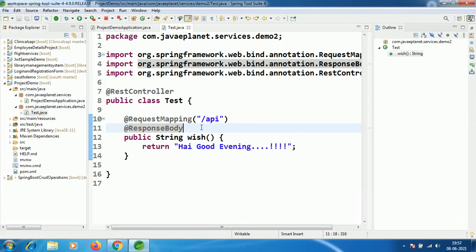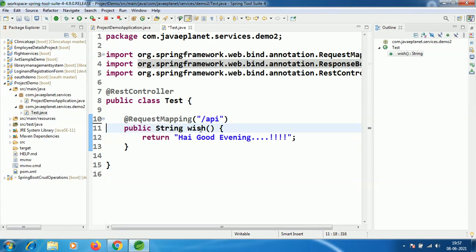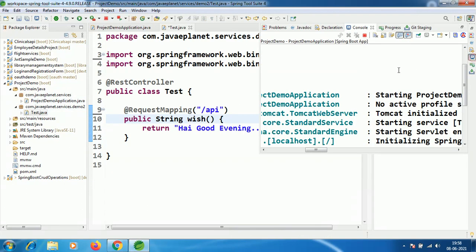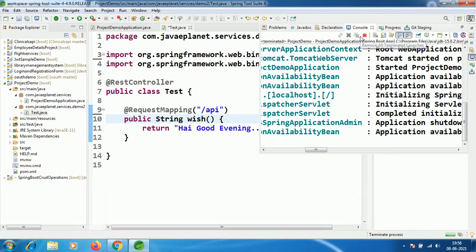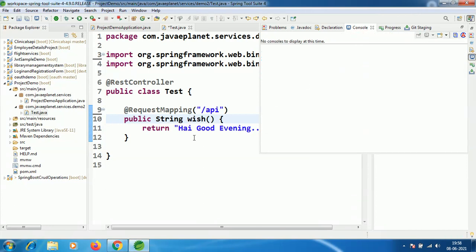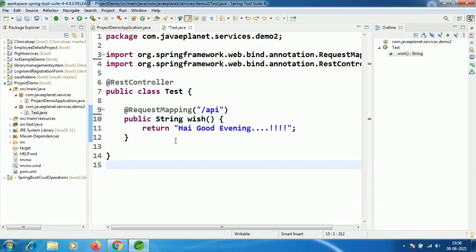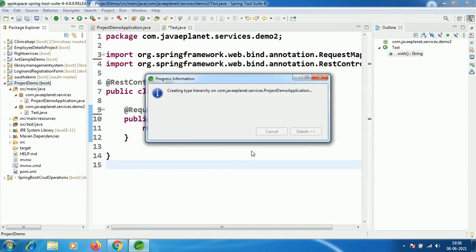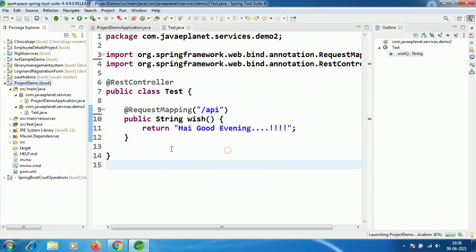If we delete the @ResponseBody, organize the imports, and stop the process, we don't need the response body. If we annotate this class with @RestController, we don't need @ResponseBody. It will simply return this String return type to the UI. Let me run the project, run as Spring Boot app.